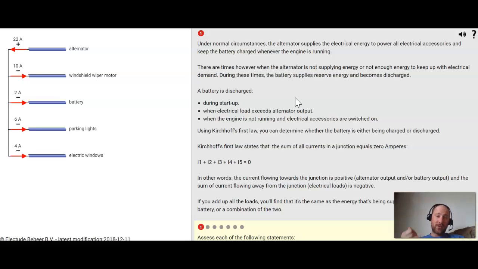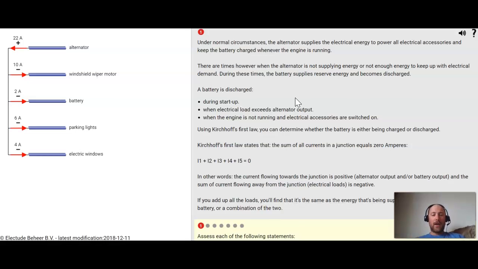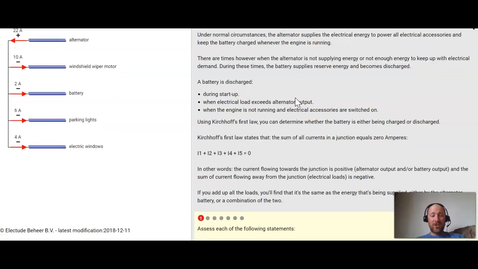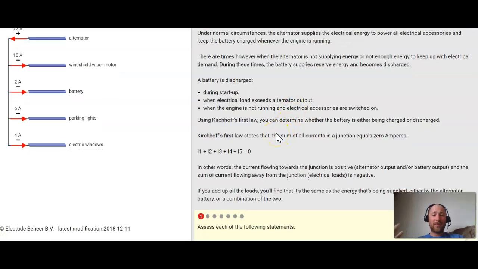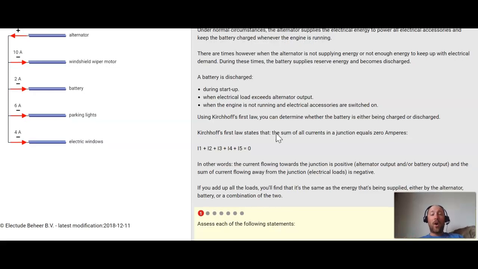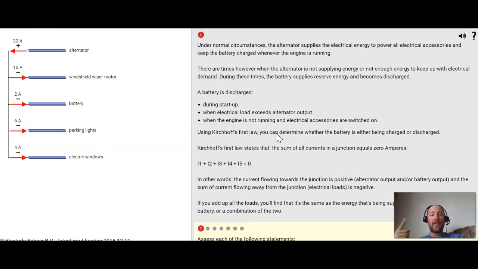Just like you're using your cell phone throughout the day and then you see the percentage go down, you're discharging your battery because you're powering the various things on your phone. So that's what we're talking about when we talk about discharging. And then we also need to charge the battery, just like you charge your cell phone every night or whenever you do. Your car, when you're driving, you have to charge the battery. And what does that is the alternator. The alternator is run off of the engine via a belt, and the belt turns the alternator, and that produces electricity, which charges the battery.